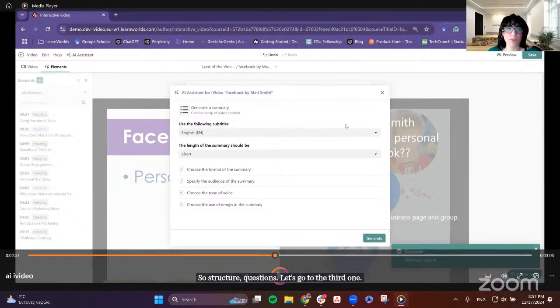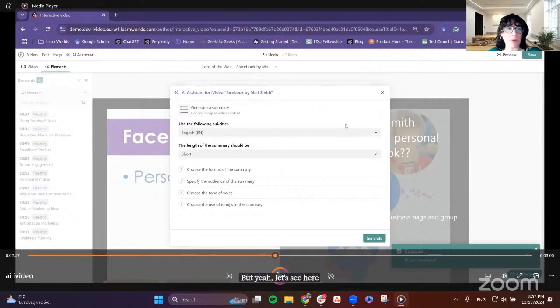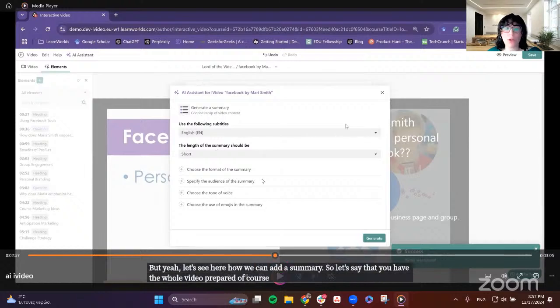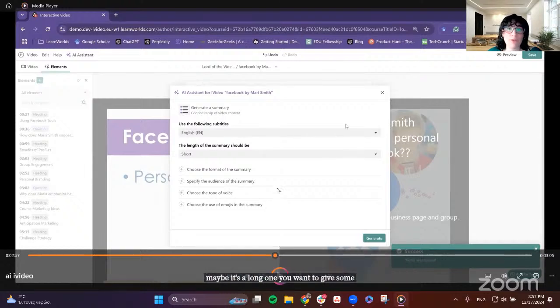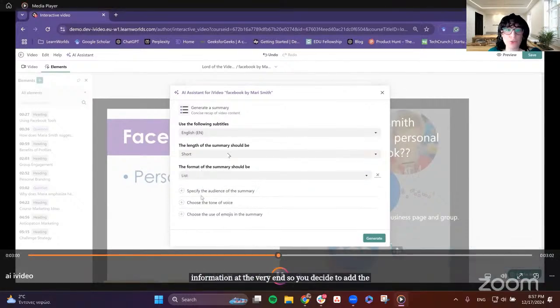I think this is going to be more visible when we hit the preview button at the very end. But let's see here how we can add a summary. Let's say that you have the whole video prepared, and maybe it's a long one. You want to give some information at the very end, so you decide to add a summary to your video.